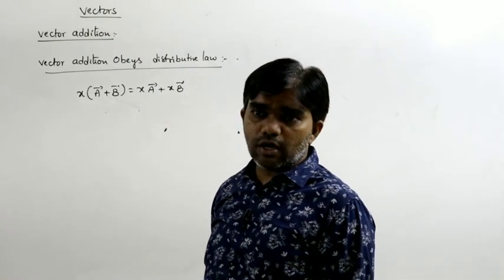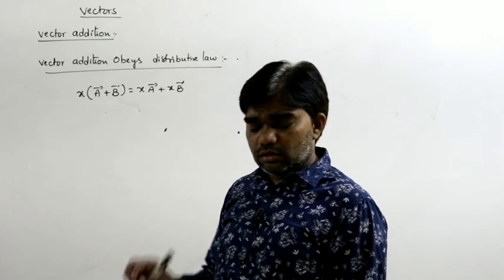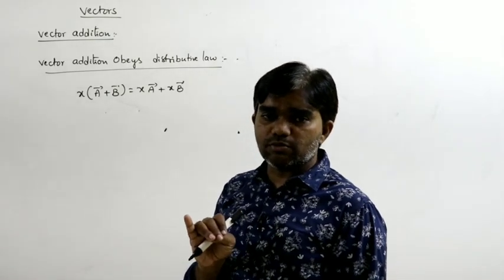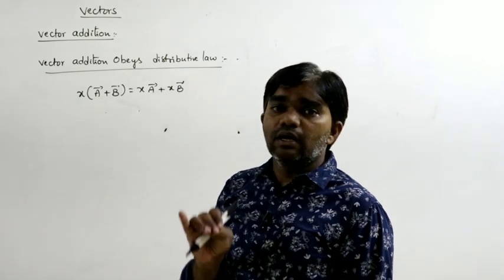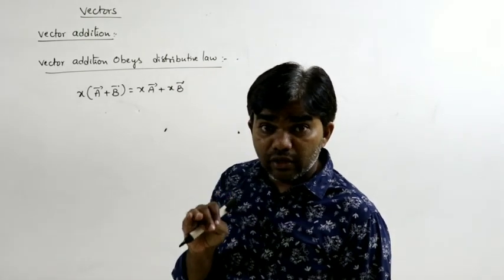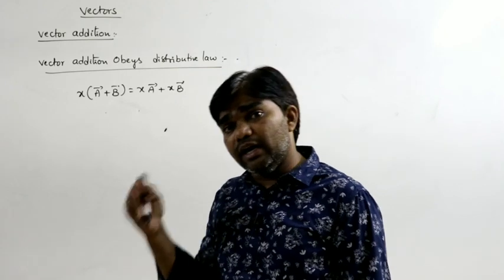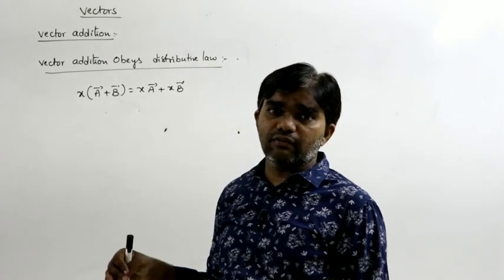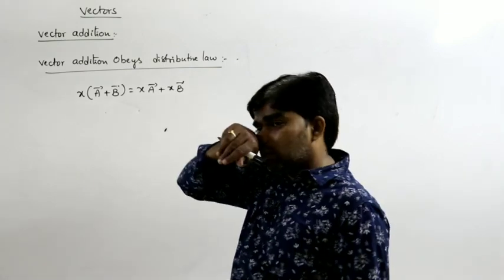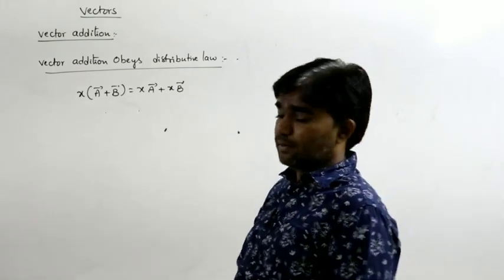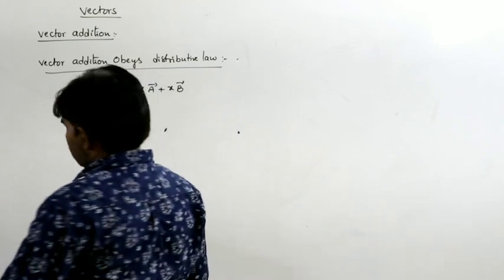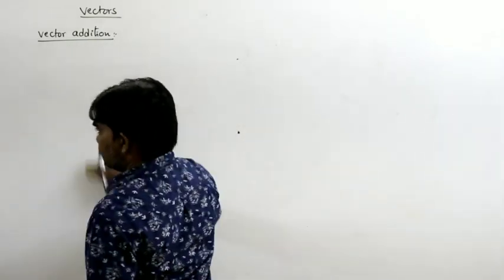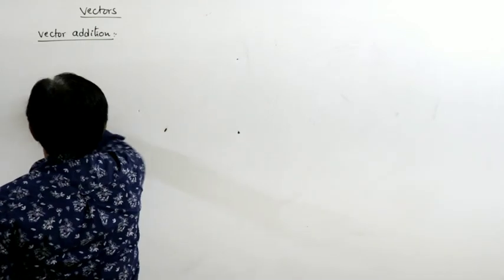So what are the points we have to remember according to vector addition? 3 points we must remember. First point, the second vector must start from the final point of the first vector. Second point, the line joining the starting point of the first vector and ending point of the second vector gives the magnitude and direction of the resultant vector. Third, all 3 vectors must be in the same direction. So this is very important, and these are the basics.